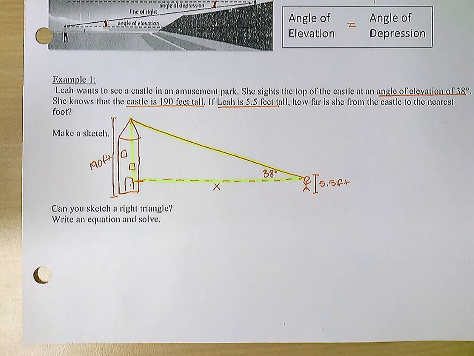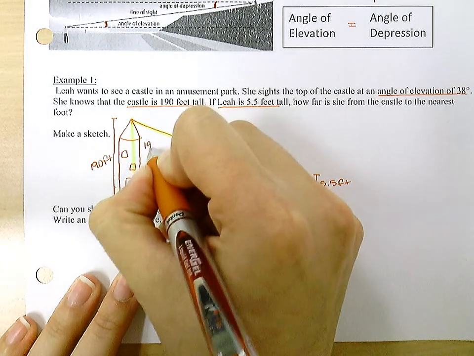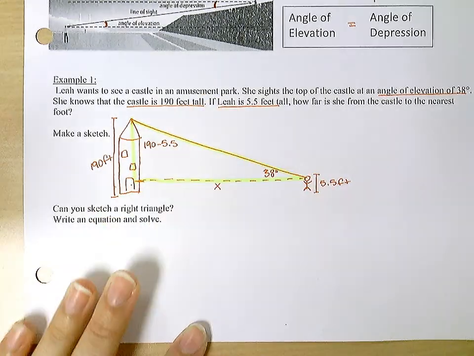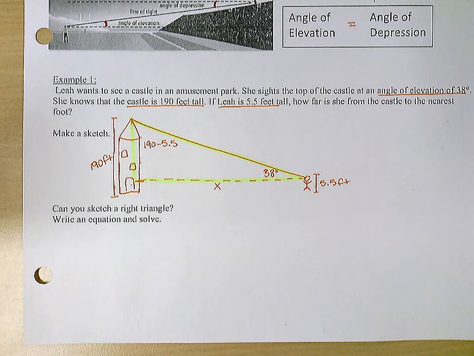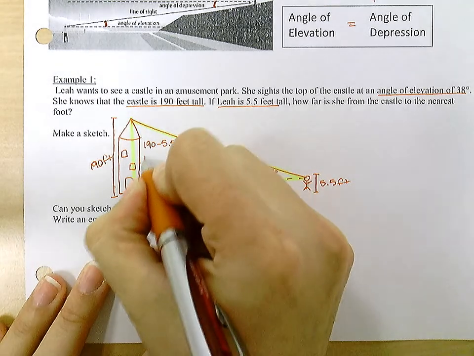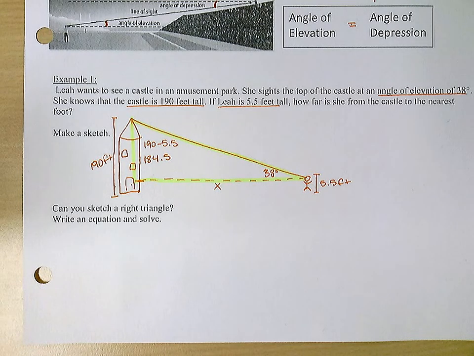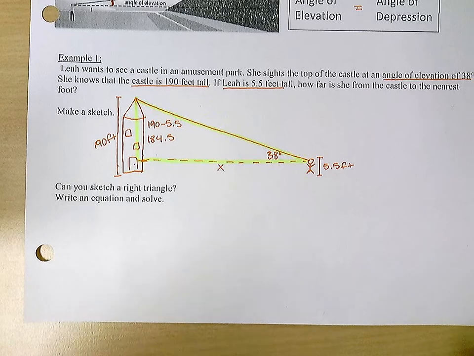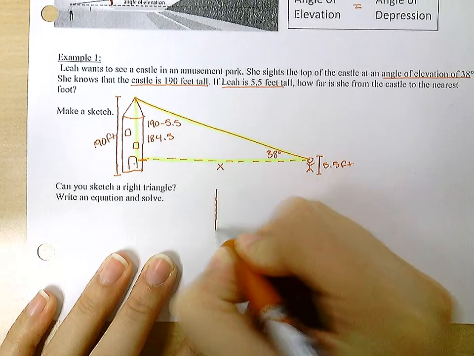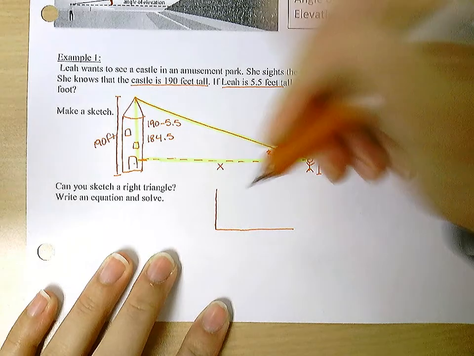Right? How would I do that? John? Yes. So I would subtract Leah's height from that height of 190 to get that distance there. And that's 184.5. So now if this is too much for you to look at and you just want to look at a right triangle to use SOHCAHTOA to solve for that last side, I suggest you just redraw a right triangle below it. Doesn't have to be huge. Just redraw your right triangle